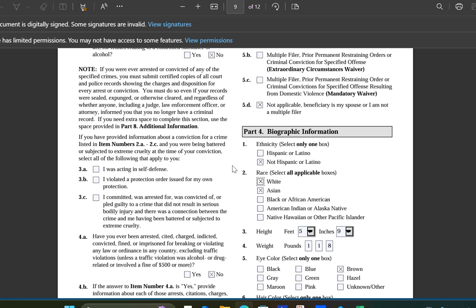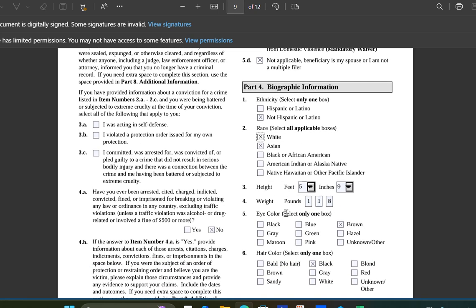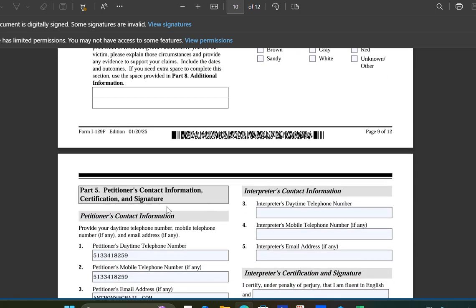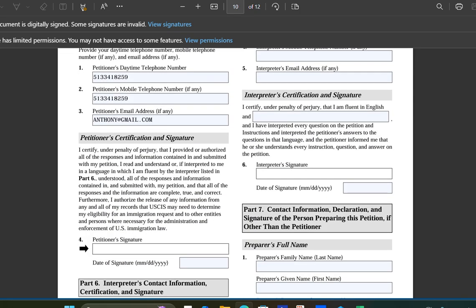This is your details, not your beneficiary's biography. So my husband's race is white, then his height is 5'9", then weight 195. Then eye color brown, hair color black. So page we're into